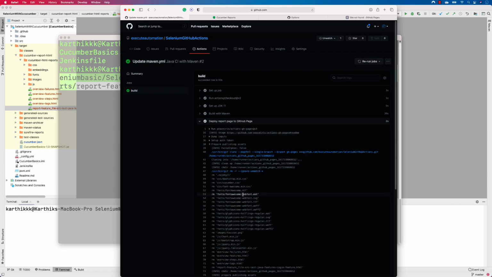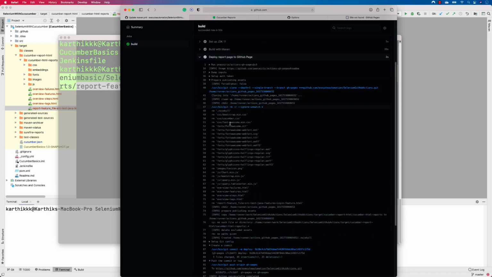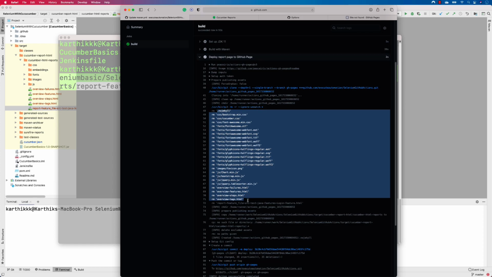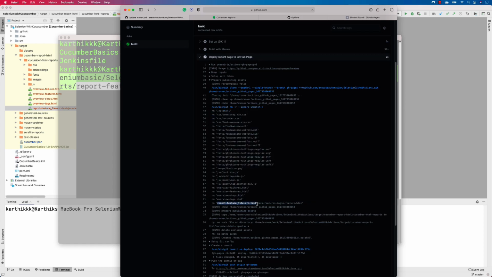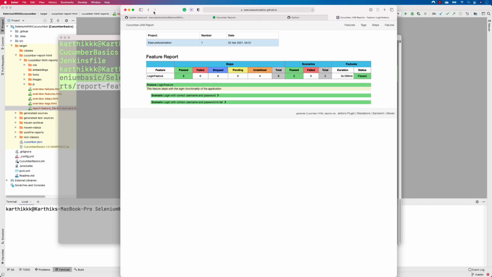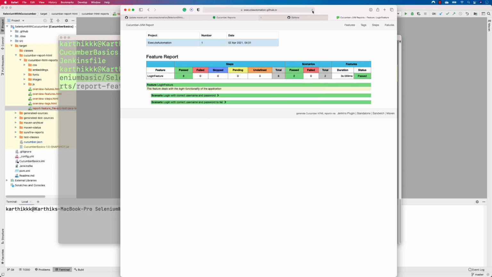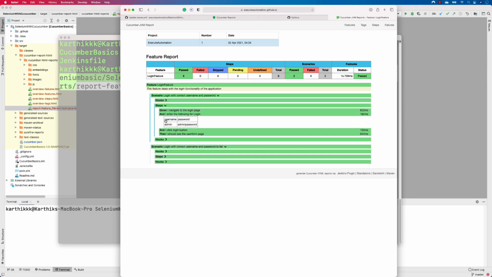So if you go to the GitHub Pages this time, and if you go all the way to the publish option, you can see that it is publishing files for us over here, including the report feature file source file that we just copied. This one, the report feature file source test.html file. So now if I try to access this particular file over here, on this particular location, the report feature file source.html file, I am actually able to get this page coming up for us,